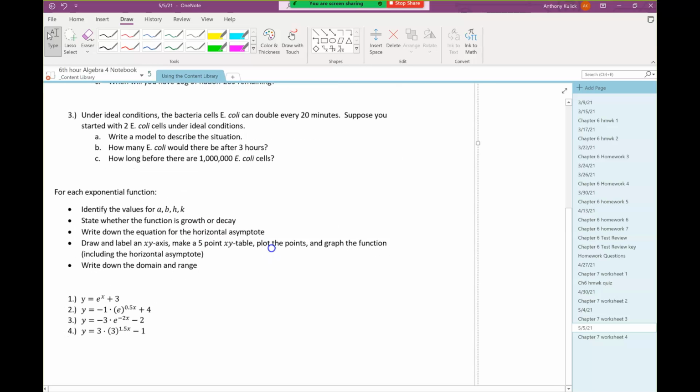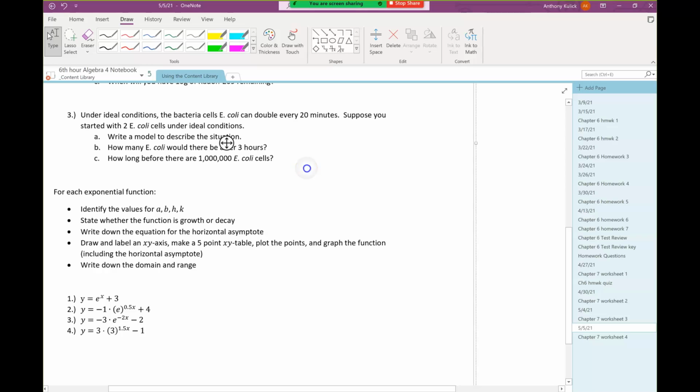So it says, under ideal conditions, the bacteria E. coli can double every 20 minutes. Suppose you started with 2 E. coli cells under ideal conditions. Write them out, describe the situation. So, since this is a,